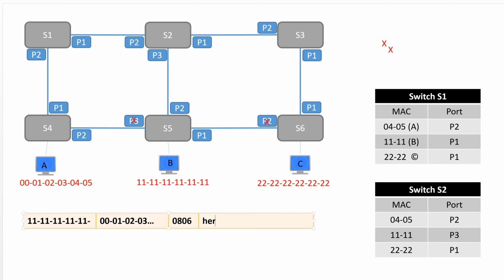And then it's got, here is the data, and I didn't put the CRC on the end. So A is going to send this frame, and he transmits it up his link. Now, he doesn't know the switch is there. He thinks he's just talking to Ethernet. When switch 4 receives it, the first thing switch 4 does is he says, okay, I've just gotten